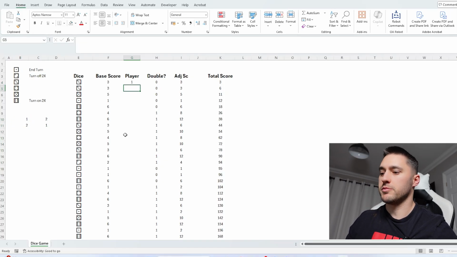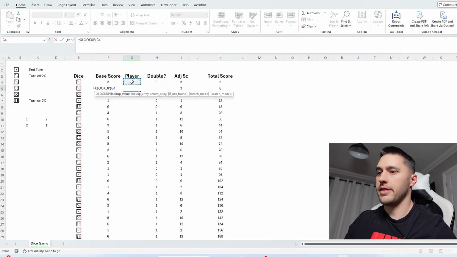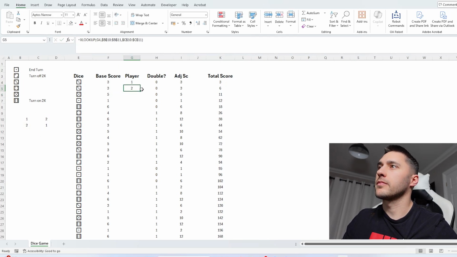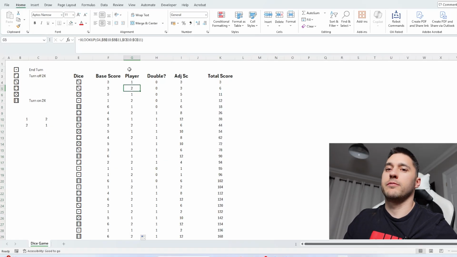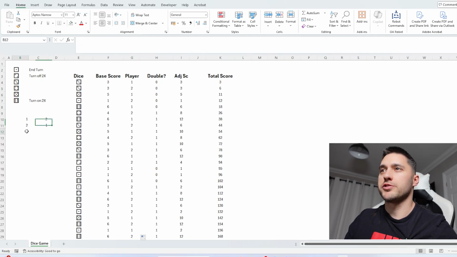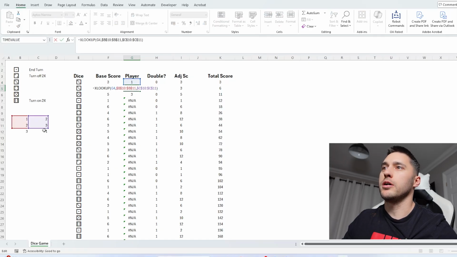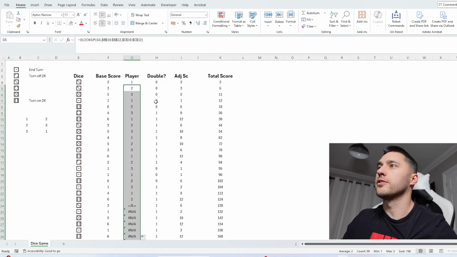You can then just start with the first player, and then you can XLOOKUP that player on this and give this. And what that will do is it will just alternate down between 1 and 2. And that's quite familiar because we use XLOOKUP so often, so that's the reason I like this approach. The second reason I like this approach is if the game then introduces a third player, like this, you could have player 1 moves to player 2 moves to player 3, and player 3 moves back to player 1. And now, when you do your lookup, you can do something like this, and we will get 1 to 3